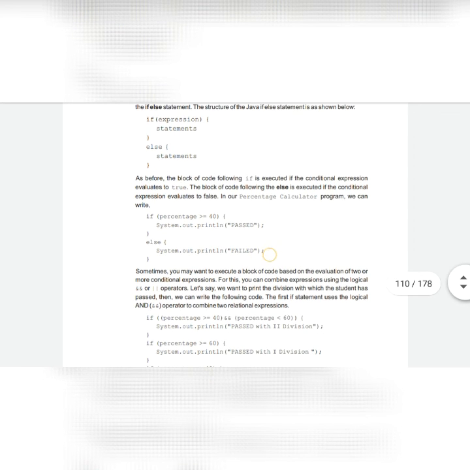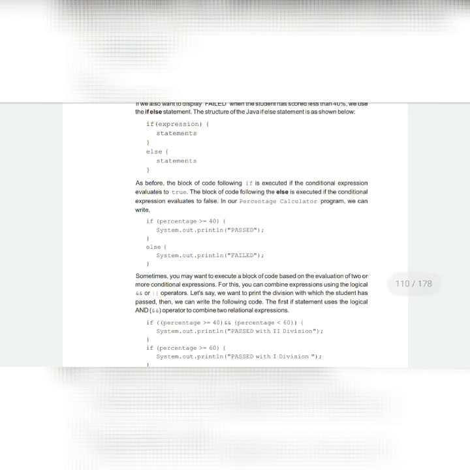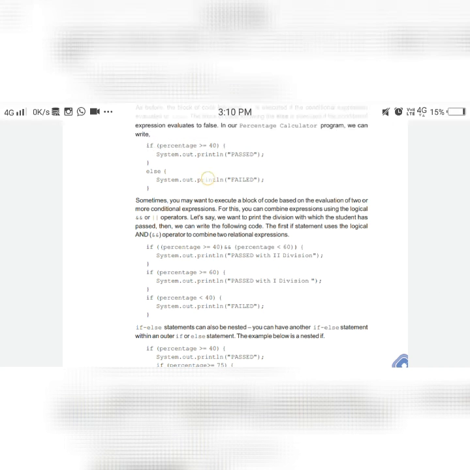Okay, now for this consider an example. If percentage is greater than 40 then the output will be passed. Else अगर greater than equals to 40 नहीं होती, it means like someone who is having a percentage of 39%, then what output will we get, it should print failed. So in that case the else condition will print, it will not print this one. Okay, then the else condition will print. So what happens here, firstly the if condition checks this condition. If this condition is true then this will execute, otherwise control will go to this statement and this will get executed.